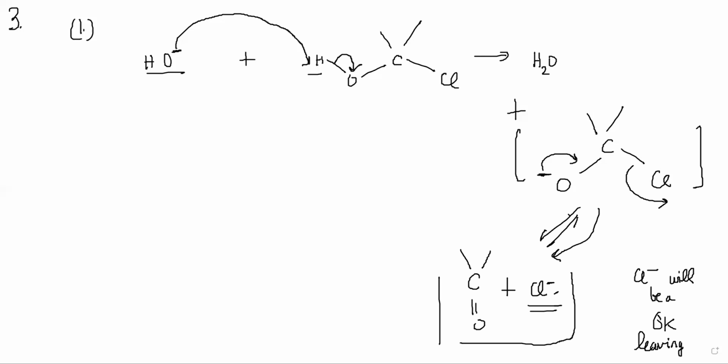Correct. The next one, let's look at this. So basically this one you have understood, no? The first step is this hydrogen will come out because it is forming a bond with OH, and then O minus is there, and this negative can form a double bond and come out. The chlorine minus will come out and it will become a carbonyl compound. The second one is a little more complicated.